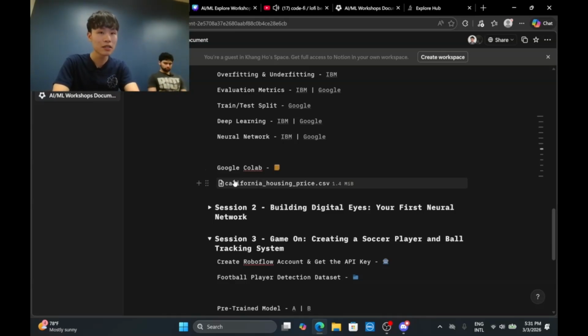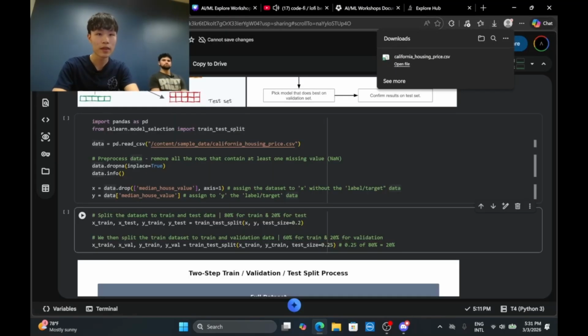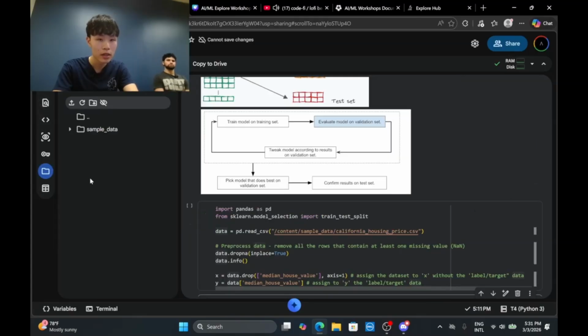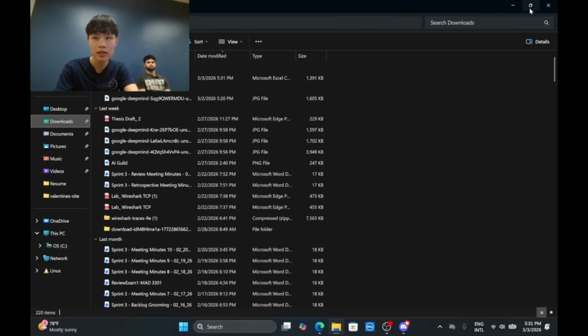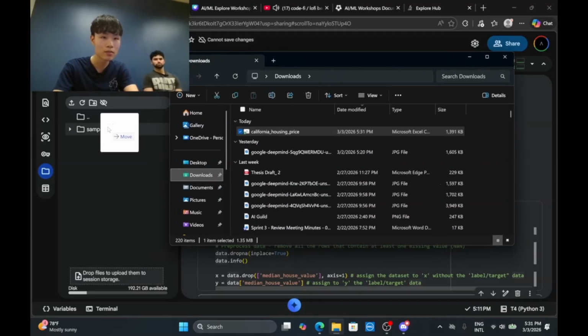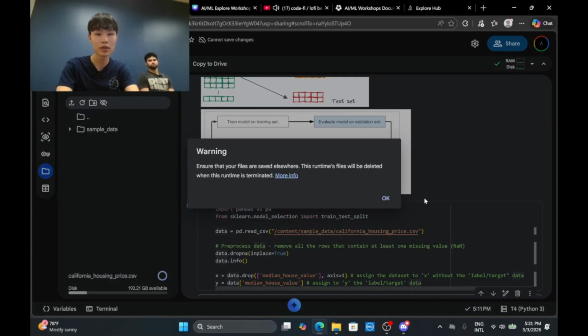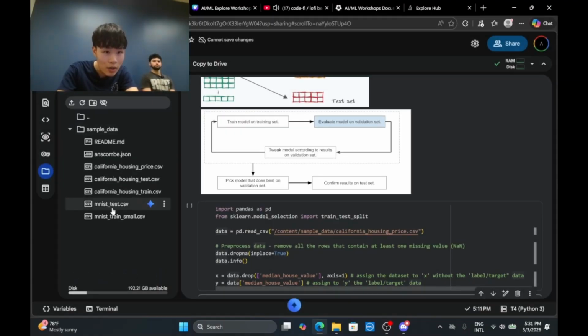You can download this, and then open up the dataset you just downloaded and pass it into the sample data folder, where it will now be in here, California housing price.